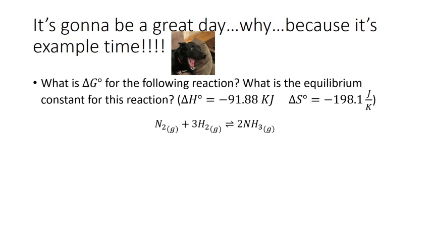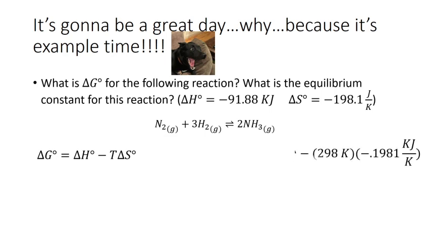And the first thing we're going to do is calculate delta G. And so we're going to use our lovely equation for this that involves enthalpy and entropy, the values of which have been given above. We put all those in place, we do the math, and we find that the change,